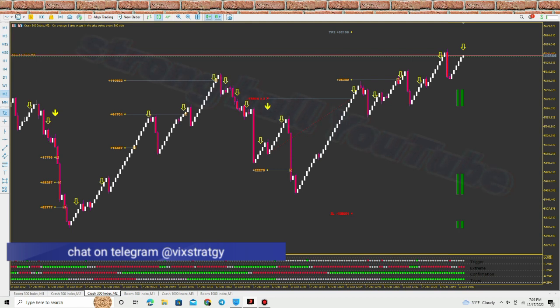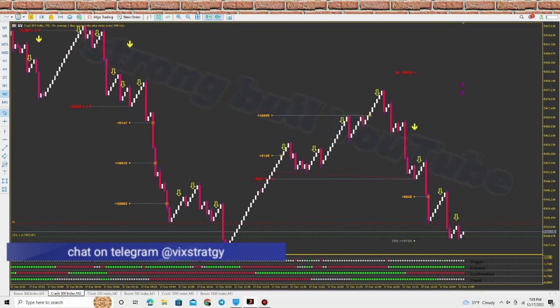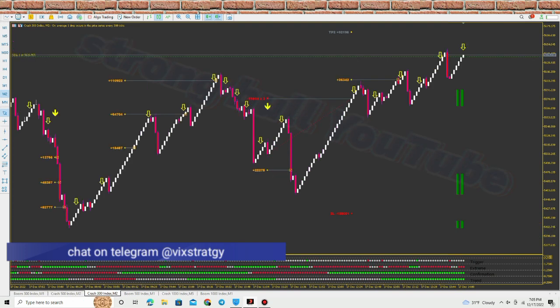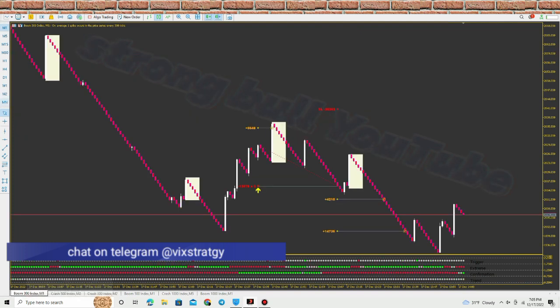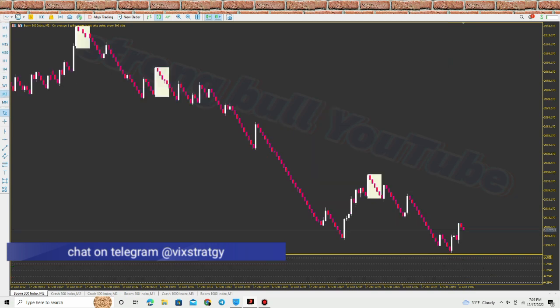Let's see if the spike is there to make the profit. If there's no spike after 3 candles, we're going to hit the stop loss and close our trade. Look here, the Crash 500 trade is executed and moving, and the Crash 300 is also executed and moving, and we're waiting for a spike. Okay guys, and see in front of you, here is another chart of Boom